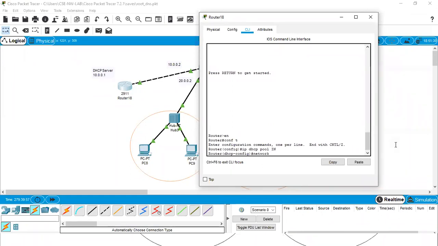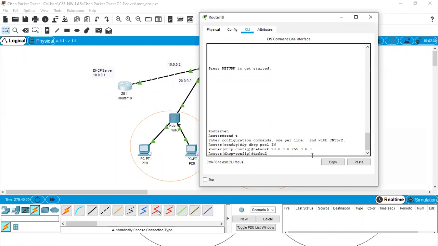So first we're going to create the first subnet pool. The network ID and the subnet mask.